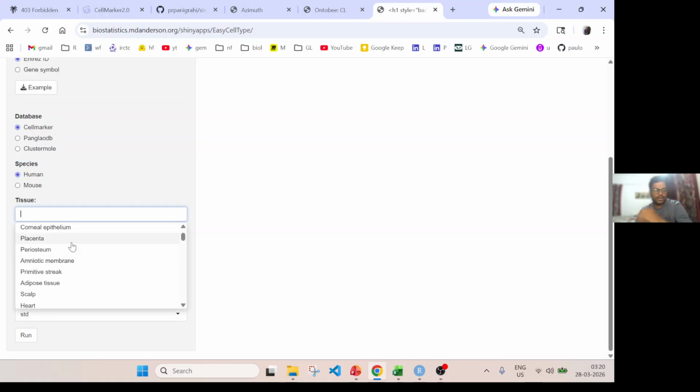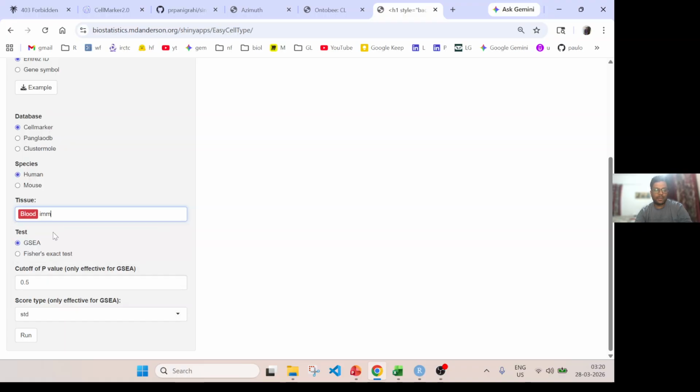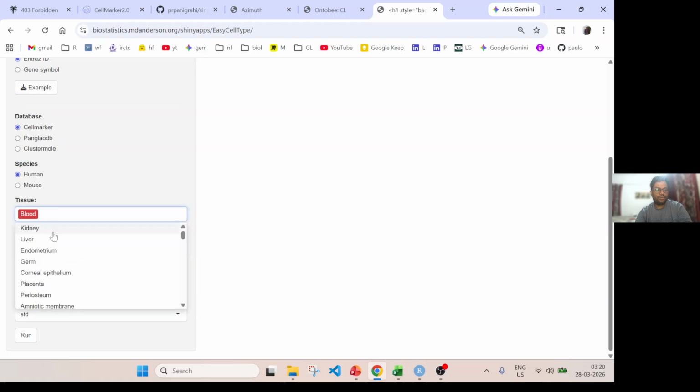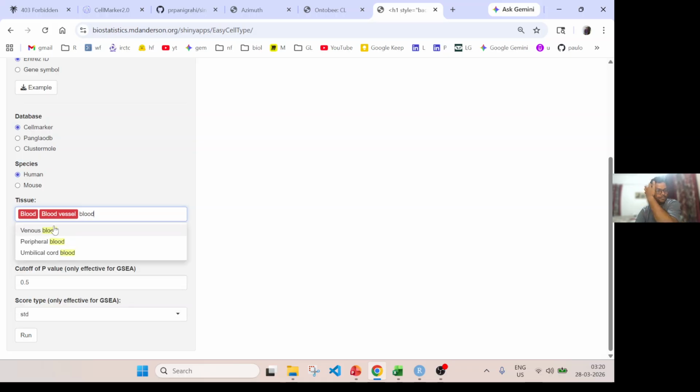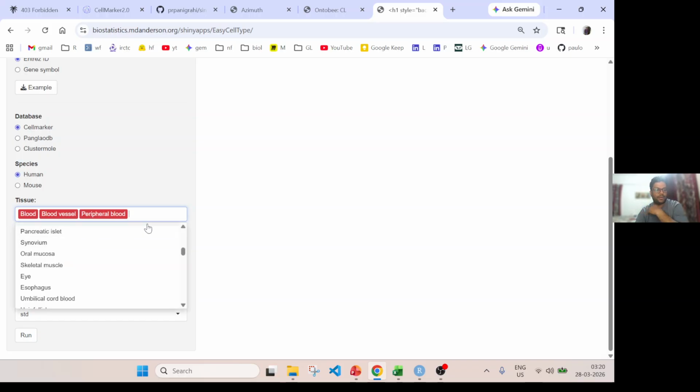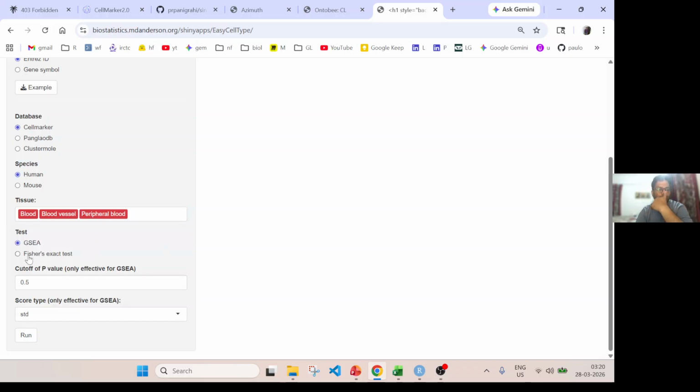Let's say in this case we can do blood, maybe immune. Oh, blood, let's say blood vessel, something like peripheral blood. I'll just select that, and now you can choose which test. Fisher exact test is faster, and GSEA is a little slow, but it will run. So if you just run it,